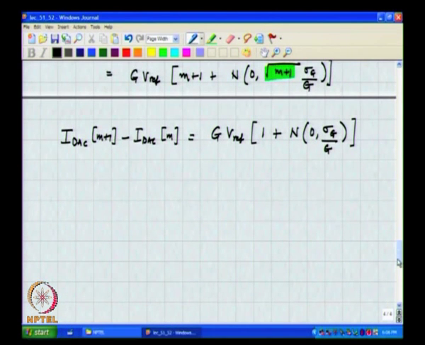So, this means that the sigma of the DNL is independent of the code, correct, and is given by N(0, sigma g by g), all right, and the sigma of the INL